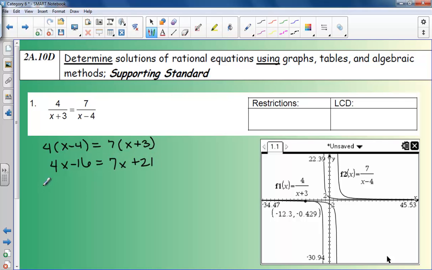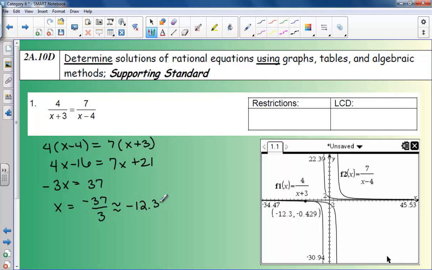And I'm going to move my x's to this side, so when I bring my 7x over it becomes a negative, so I have negative 3x now. I'm going to bring this 16 over here, so that's going to equal a positive 37. And then I'm going to divide, so x is going to be negative 37 over 3, which is approximately negative